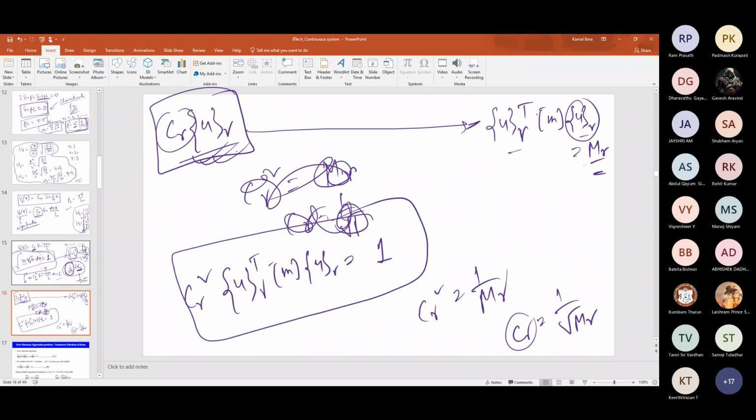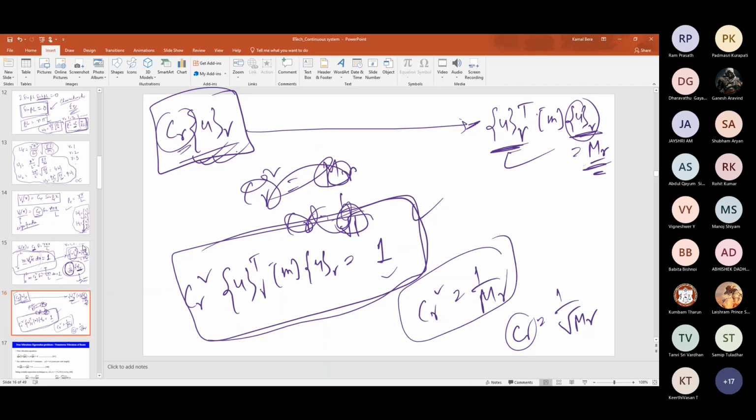Again repeating, this is the mode shape I am getting without mass normalization. So I'll get some value of MR. Let us say I have to multiply this eigenvector by CR to get the mass normalization. So this operation, if I do, I'll get 1, right? Then this divided by this will give you this. I get CR equal to 1 by root MR, and this is the quantity I have to multiply to this eigenvector to get mass normalization.